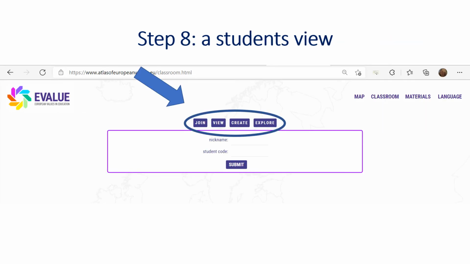We return to the main page, where the students can enter a nickname and a code via the Join button. As indicated earlier, it's important for them to note that the results are anonymous. If you click on the button Show Teacher's Code, you will get your specific teacher's code with which you can view the results of your assignment. It's important to write down both the teacher's code and the student's code, because these disappear from the moment you close your class.